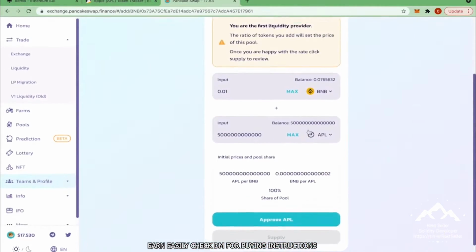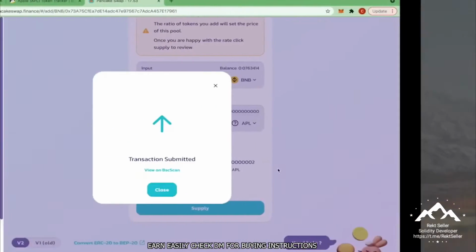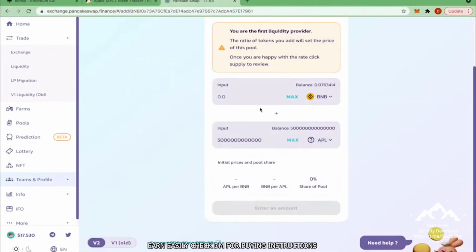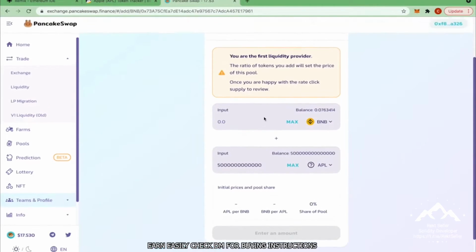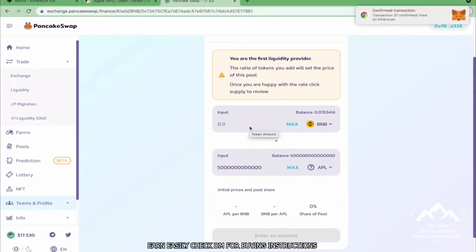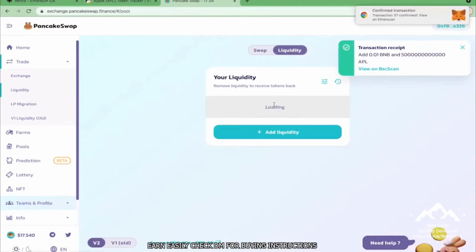Then if we just wait on this, it still says approve, and there we go, supply. Let's just press supply. It's going to ask for gas fees again. Close. And there we go, we now have LP tokens, liquidity tokens, we now have added liquidity to